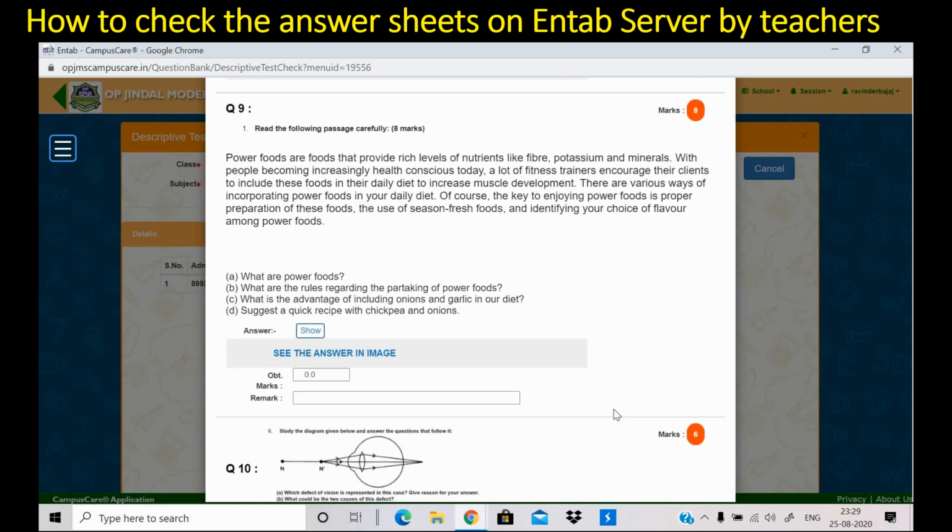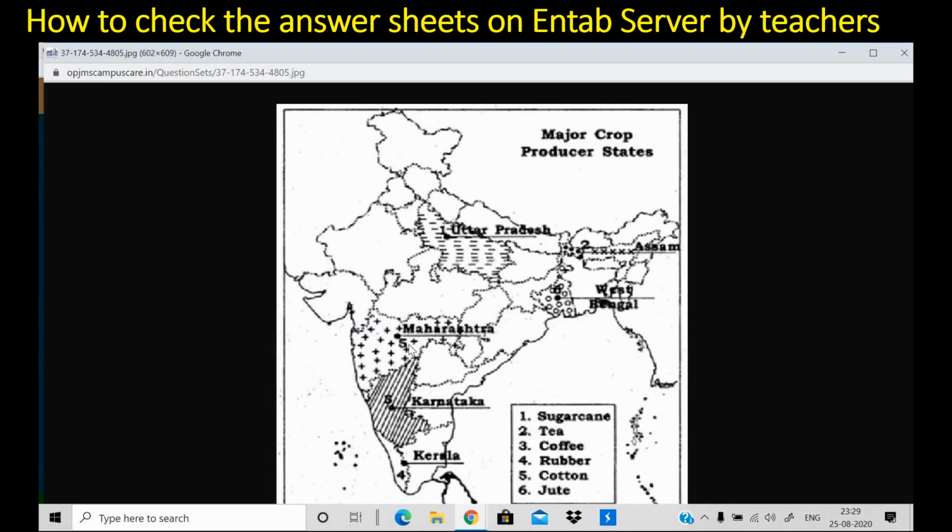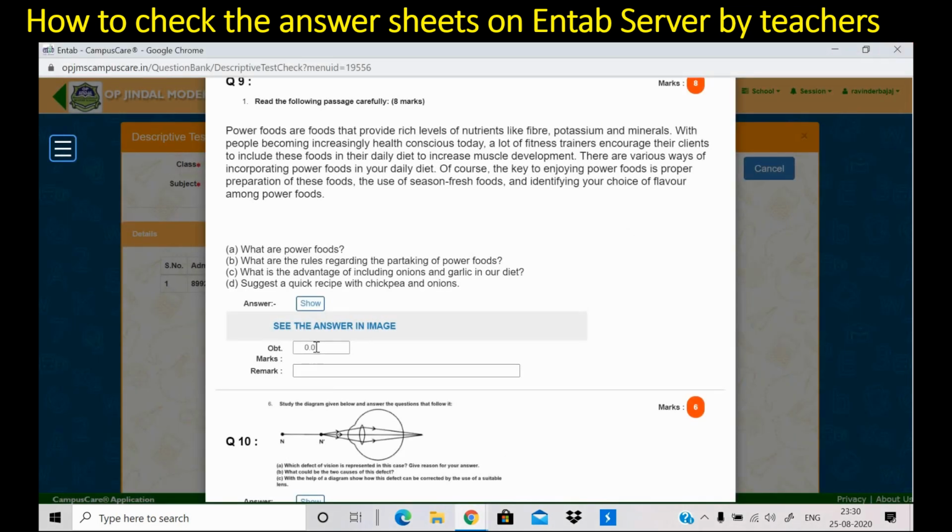This is a descriptive question. If the student has given the descriptive answer, see the image, you can click on the show button to see the answer. See the answer. Once you have seen the answer, you need to give marks to this also. It is an 8 marks question.